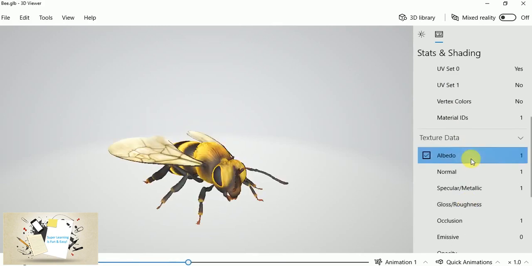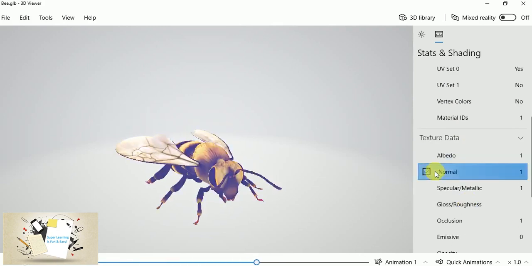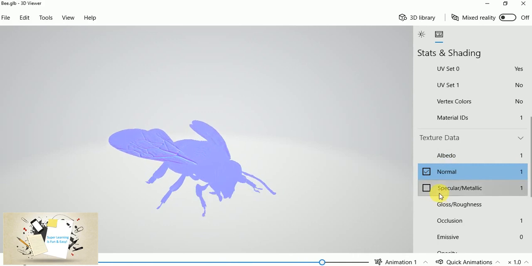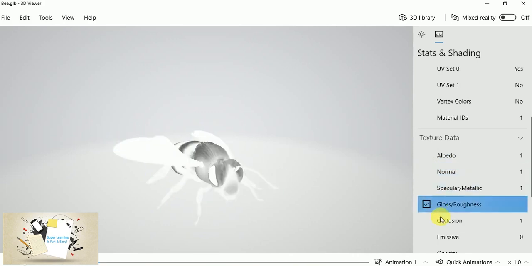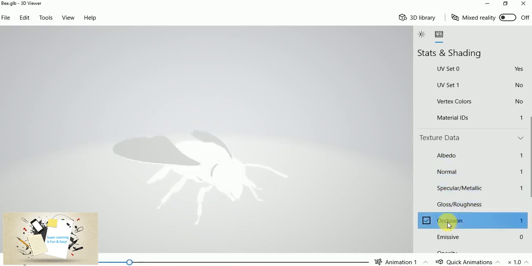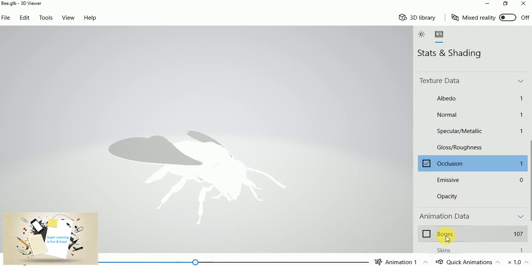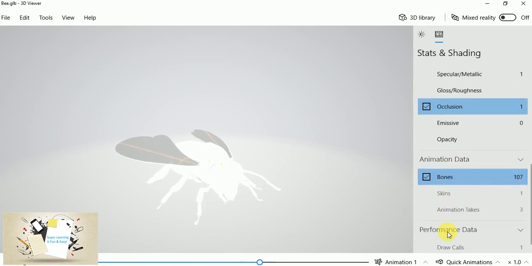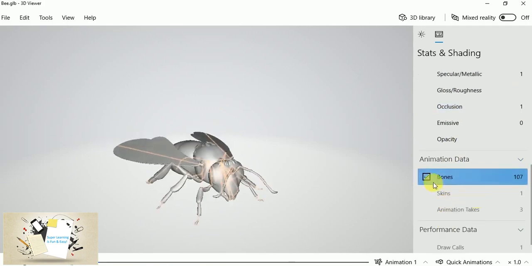And there are other textures available, like the normal one, and I'm just showing a couple of them. If you want to even go to the level of looking at the bone structure,